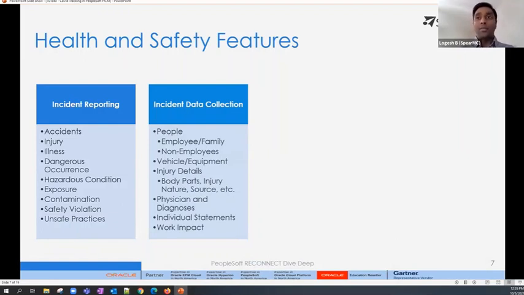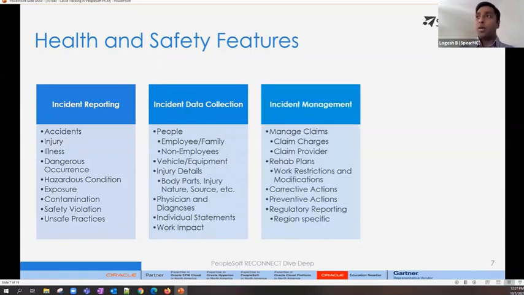So taking an example, if you take any health and safety related incident that might have resulted in an injury or an illness, there is a lot of information that can be collected in this module, starting with who was involved, if there were any vehicles or equipment involved, what kind of injuries happened, what the physician and diagnosis details were, how it impacted work,